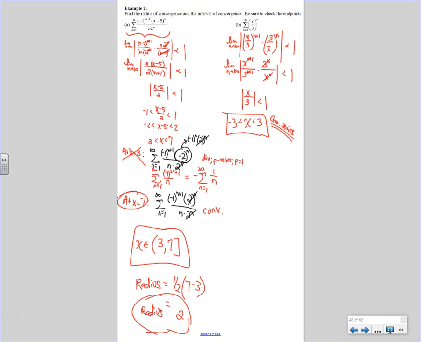But if I didn't see that, once again, I would need to go ahead and check x equals -3 and x equals +3. If I plugged in -3 over 3, wouldn't that just be -1 to the n? And what's -1 plus 1 minus 1 plus 1 minus 1 plus 1? 0? No. You don't know. It diverges because it's oscillating. It's not converging to anything. So therefore I'd say diverges by